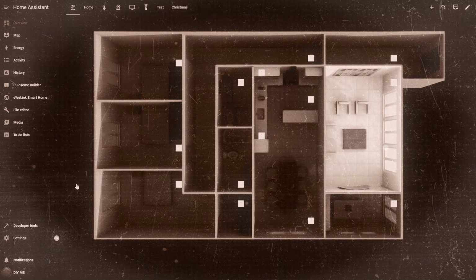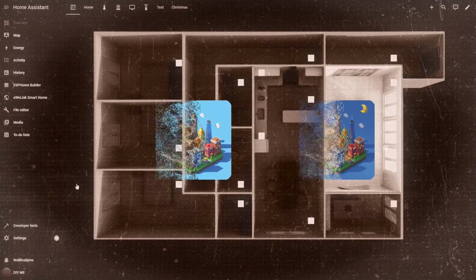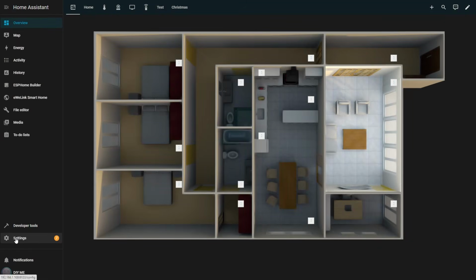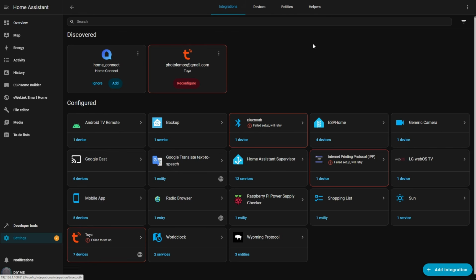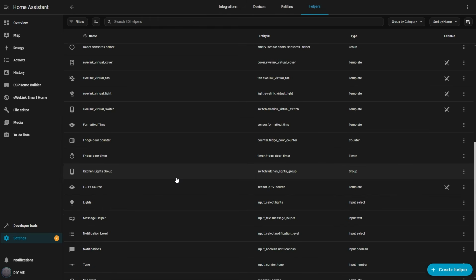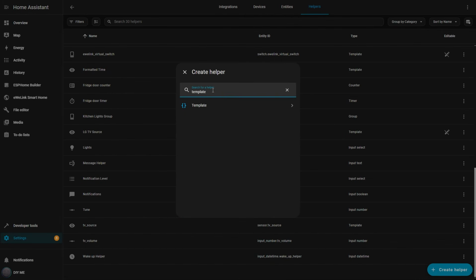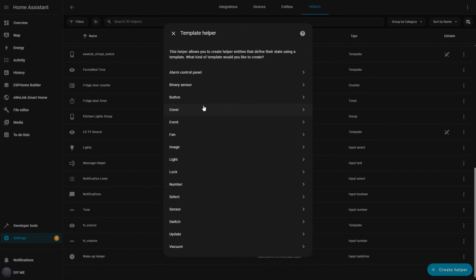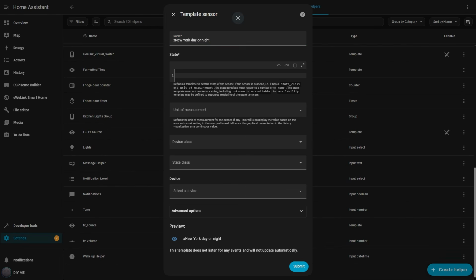Here I'll show you how to switch between two images depending on whether it's day or night. First, I go to Settings, then Devices and Services, and then to the Helpers section. I hit the Create Helper button in the bottom right, search for Template, and select Sensor. Next, I give my helper a name and insert the code that returns day or night based